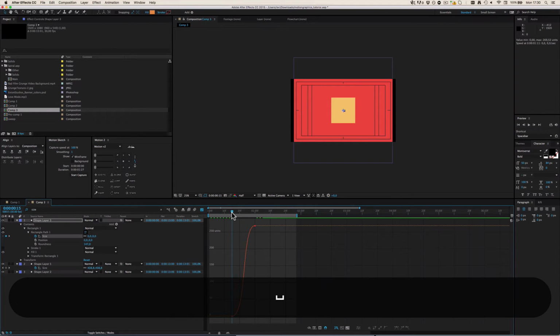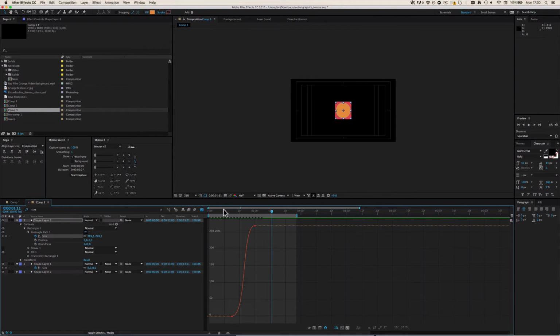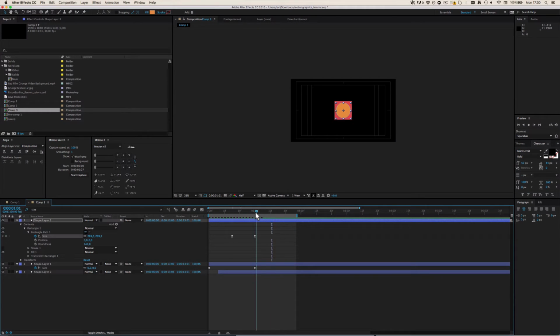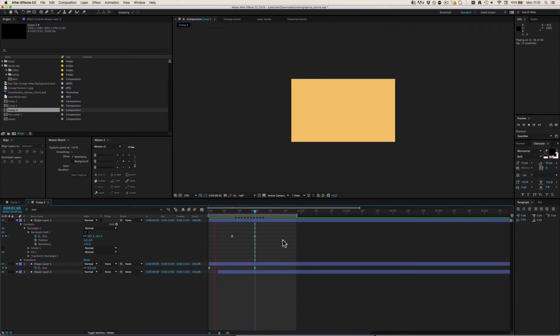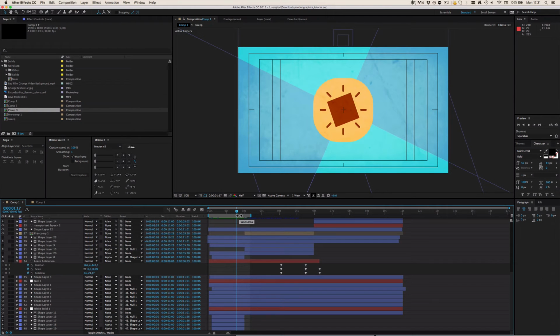Okay, and this is maybe a little too big for me. So I'm just gonna go to this very frame. When you can see this thing is blue, you're exactly on the frame. And gonna drag this down a little bit. Yep. Okay, cool. And the next step, which we're gonna do, is